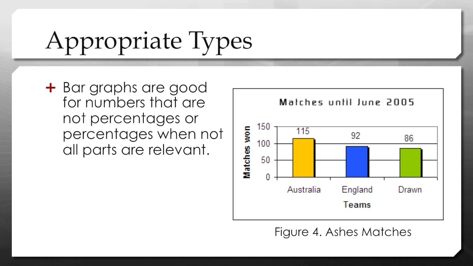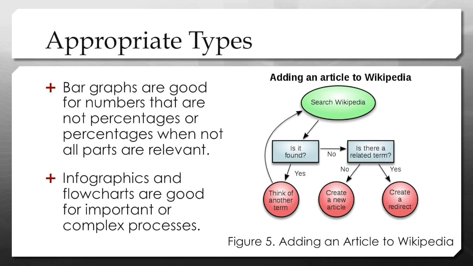For instance, if your answers to a survey question would give you more than 7 slices in a pie chart, you could consider including the most relevant 4 answers as bars on a graph if that is sufficient to illustrate the information you wish to convey. Infographics and flowcharts are good for explaining processes that are important or complex.